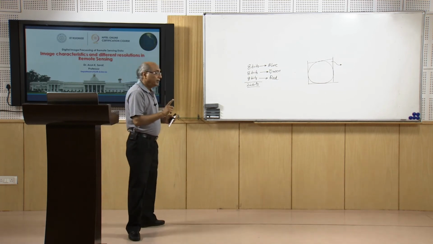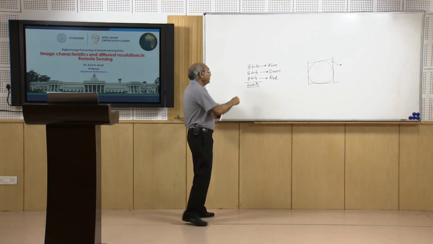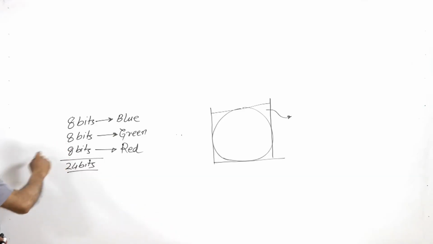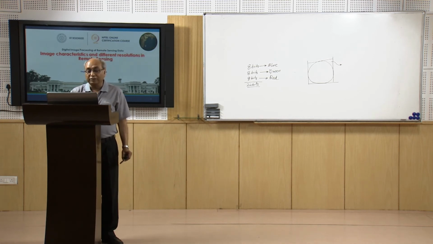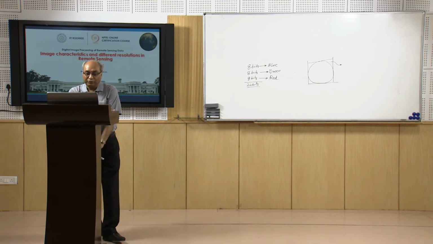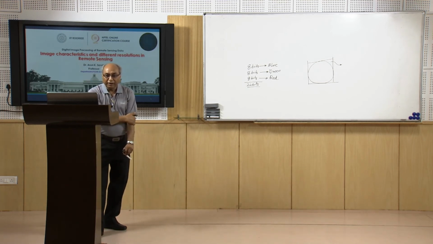Here we use the additive color scheme. That is why we add this 8 plus 8 plus 8. Otherwise one can think, why not multiply or subtract? Subtraction color scheme is different, and it is used for different purposes. But in digital image processing, except for printing, we always use additive color scheme. So that is why there is a repetition of this slide. Now,